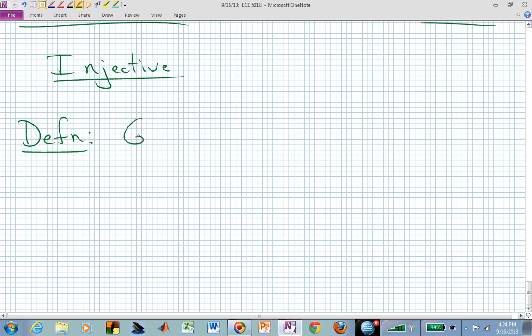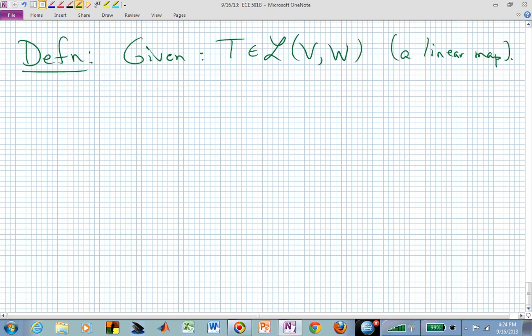First, let's start with the fact that we have a linear map that is mapping between two vector spaces V and W. That's given. Now, whenever we have two vectors, u and v, that are in the domain,